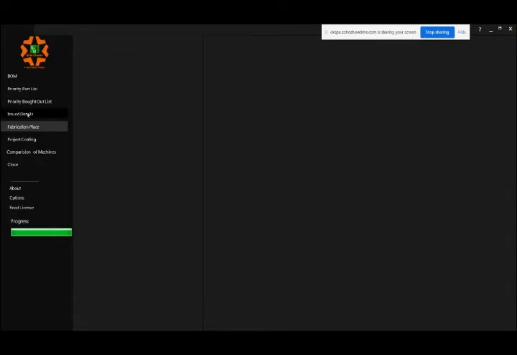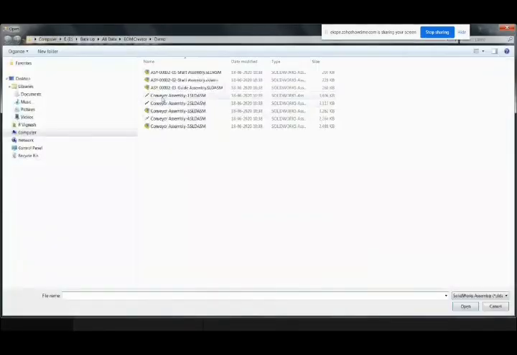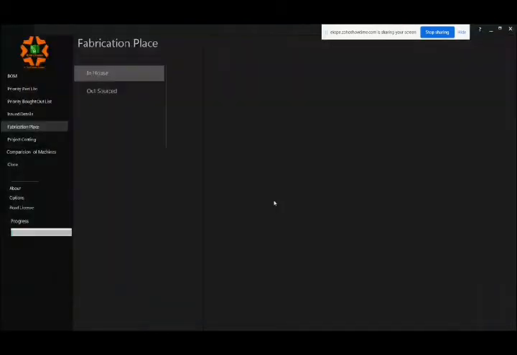Next important thing is the fabrication place. If you want to do a basic segregation of in-house and the outsourced items, we can do that. We can do it as a click, and we can identify these are the items which are required to be manufactured in-house, and these are required to be sent outside. A basic segregation thing, right? So you can segregate it, and you can get the details. So that saves a lot of time again.